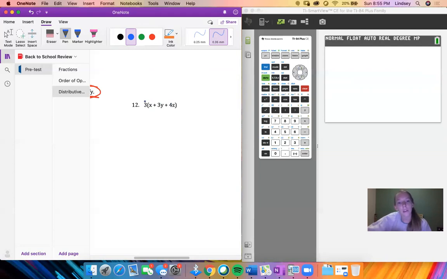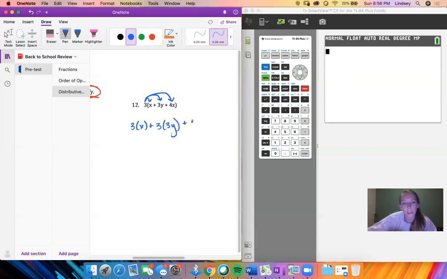Okay, so we have 3, and we're going to multiply that by x, 3 times 3y, and 3 times 4z. Okay, so first we do 3 times x. So I'm just going to show that step. And then we have 3 times a positive 3y. So plus 3 times 3y plus 3 times 4z. Okay? So I want you to see each one of those steps, because what a lot of people do is get the 3x and then they'll just bring down that 3y and 4z. But I want you to see how it's